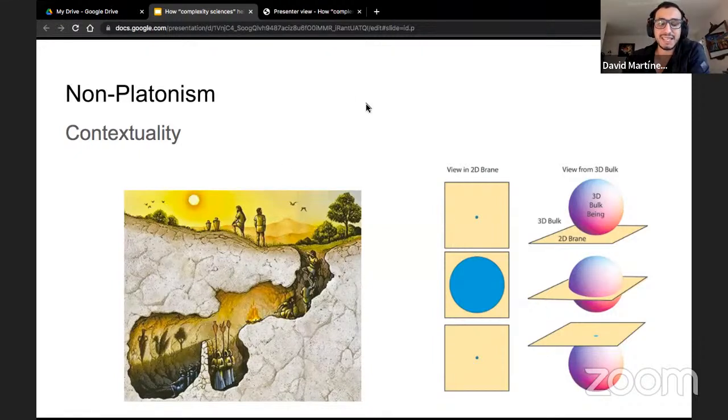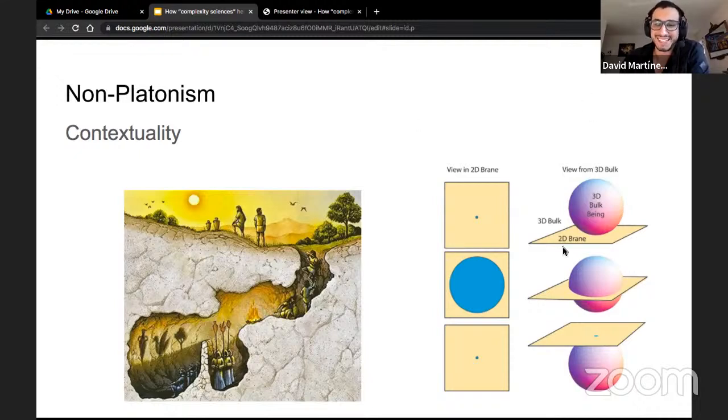Platonism says that philosophy and science search for the one truth of the universe. And in the complex systems view, we have many examples of how the truth of some phenomenon can change depending on the context.